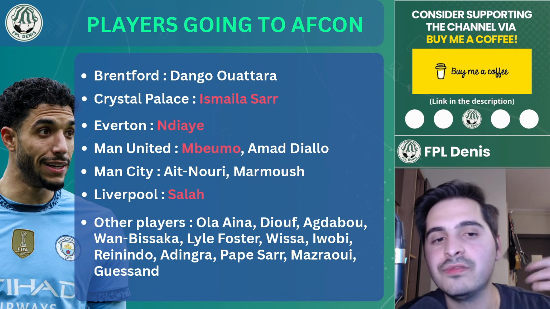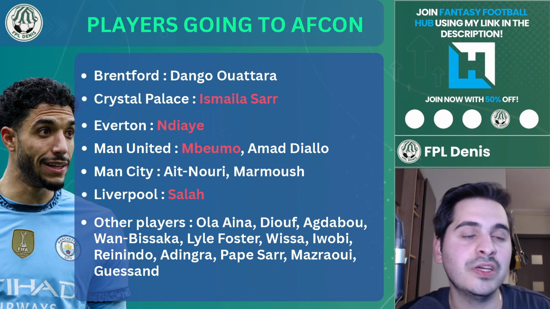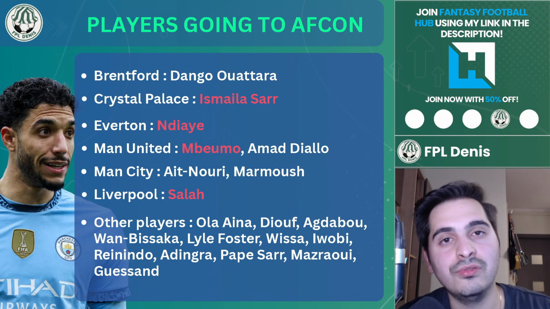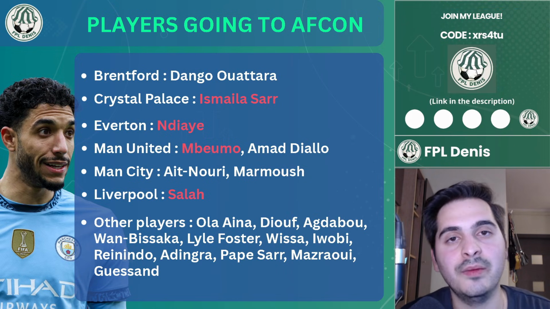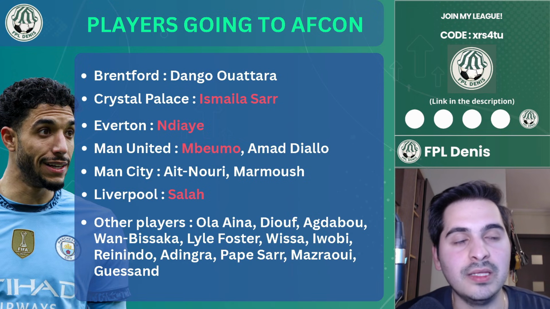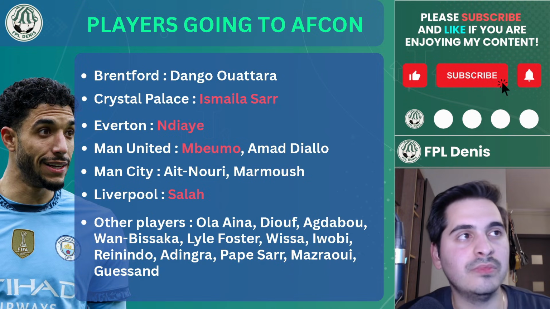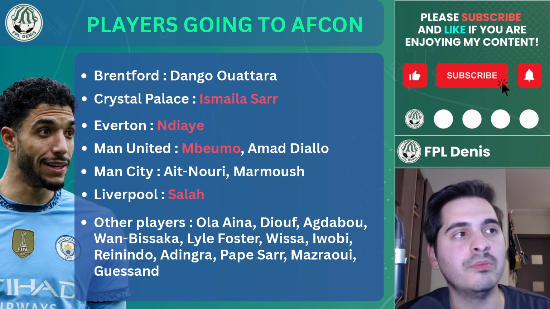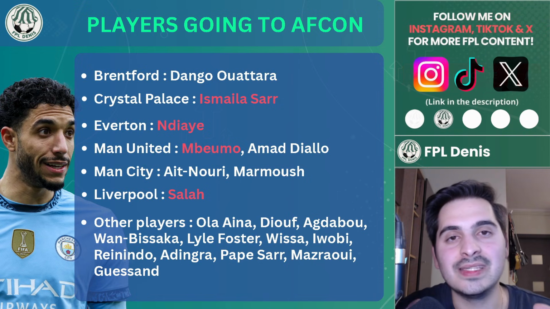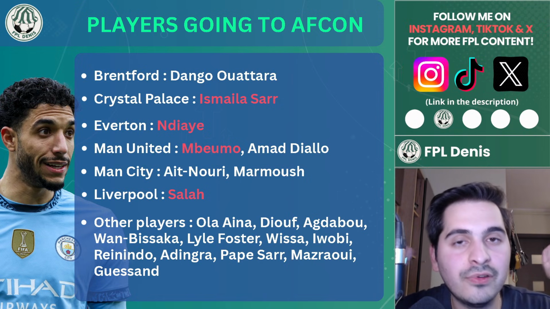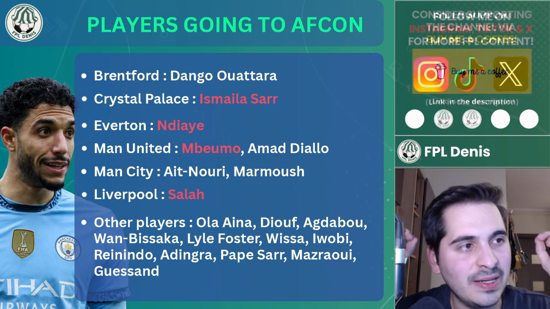Make sure you don't have too many players who are going to go to the African Cup of Nations. That would be my advice, because I would advise you to try to not use all of these 5 free transfers in game week 16. That would be the best idea, because you want to have more flexibility also after that's going to happen. So again, if you have players like Njae, you can still keep them. If you want to buy someone like Mbeumo and Ismail Assar, I think that these are great options. But other than that, I think that's it, and I think that I've covered a lot of things regarding the African Cup of Nations.